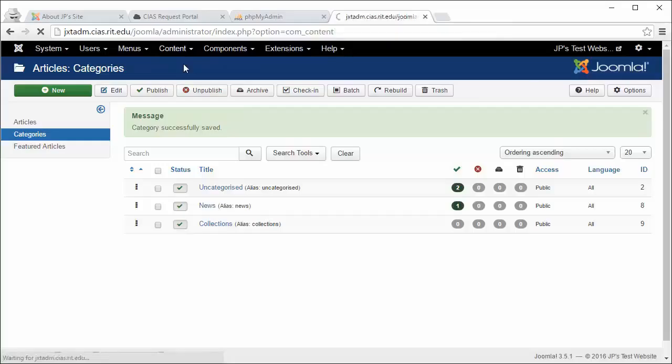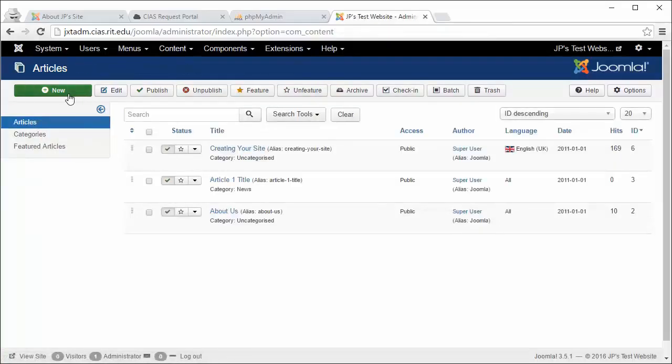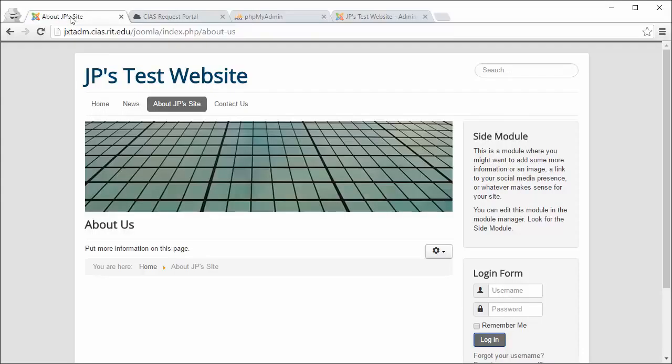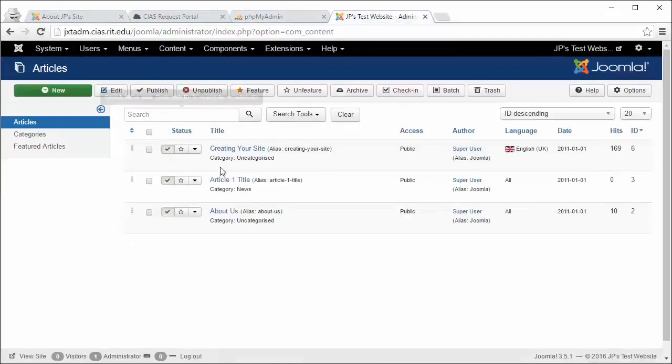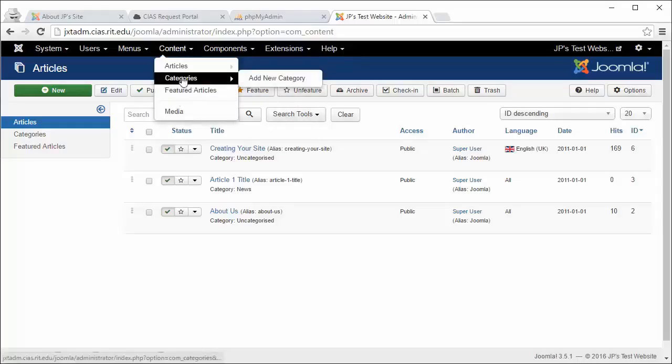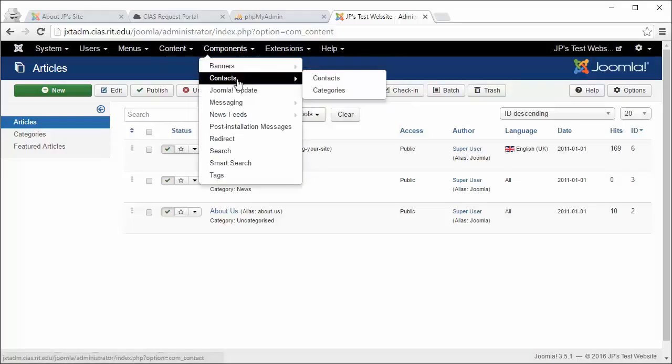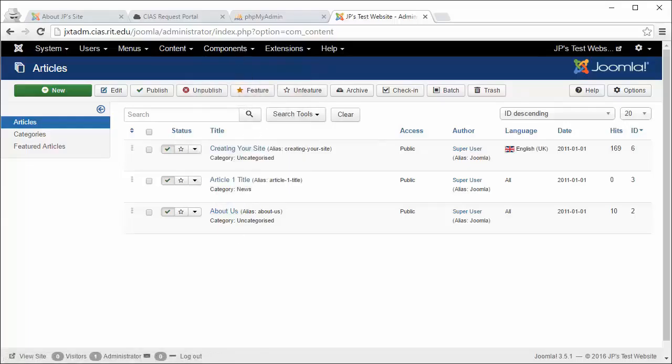Likewise, if we go back to articles, and if we wanted to create a new article, we could do it by clicking here. If you recall, we could also create a new article here, so I'm not going to get too much into that in the administration section at the moment. So that kind of covers the content area. The next area is the components section. I might skip that for now and do a quick demo on creating a piece of content and linking it